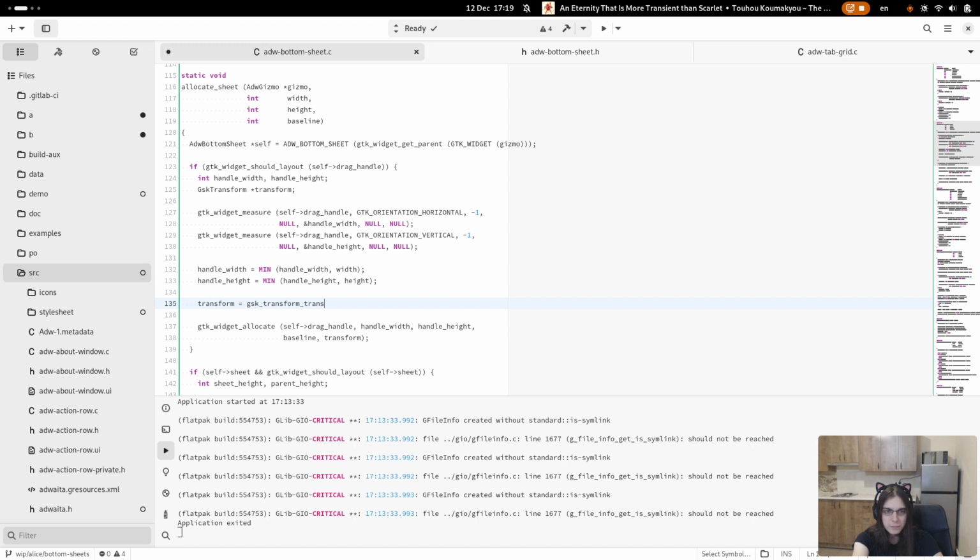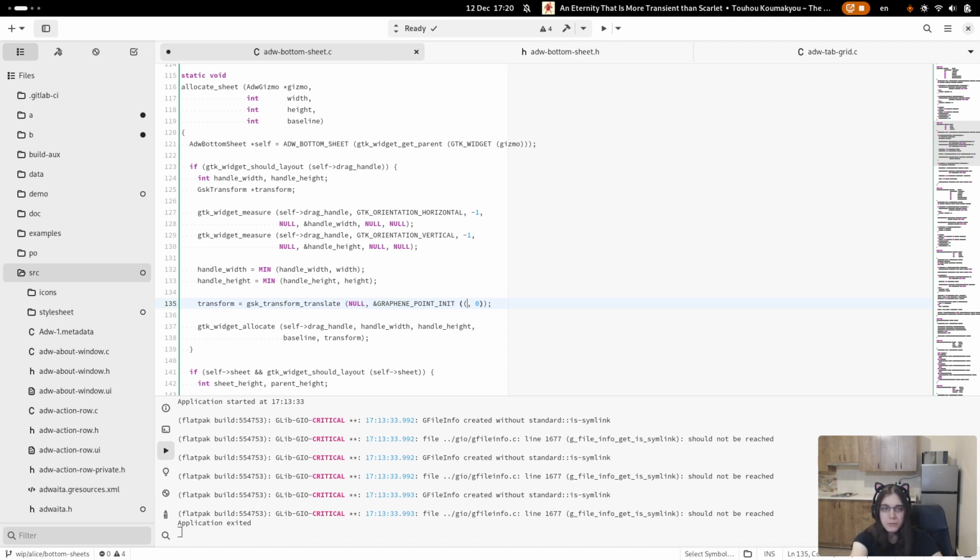So again, translate. So we'll need some value for the x-axis and nothing for y because it's at the top.